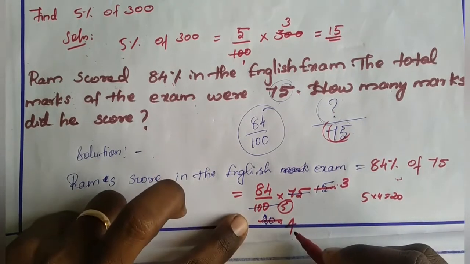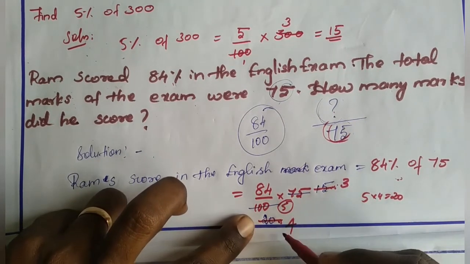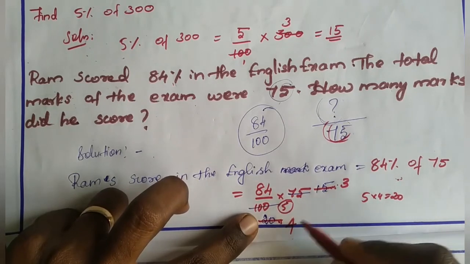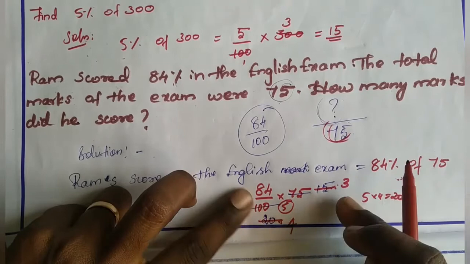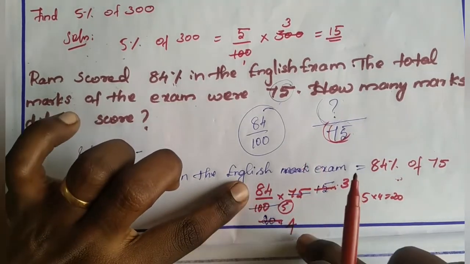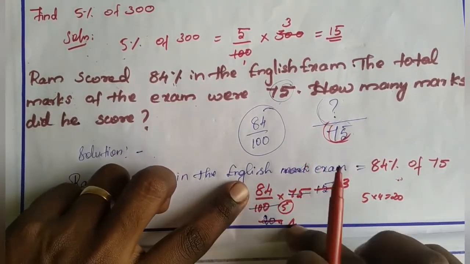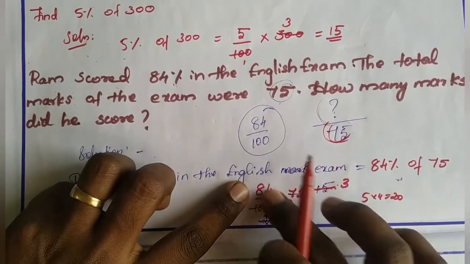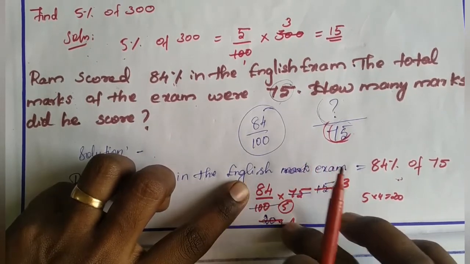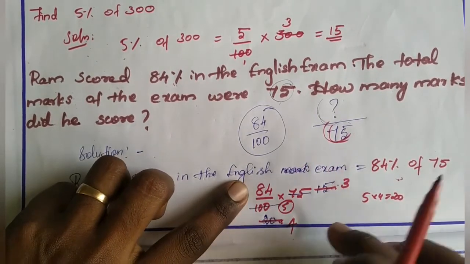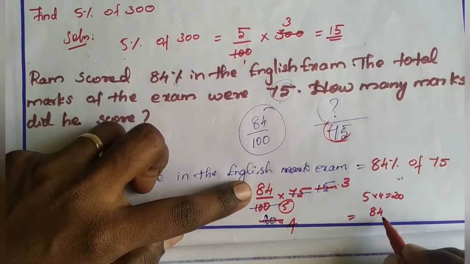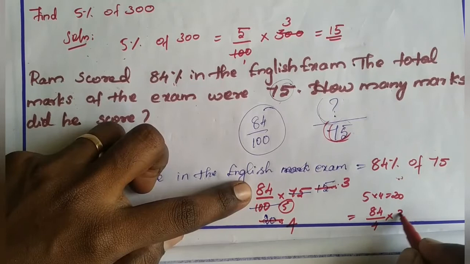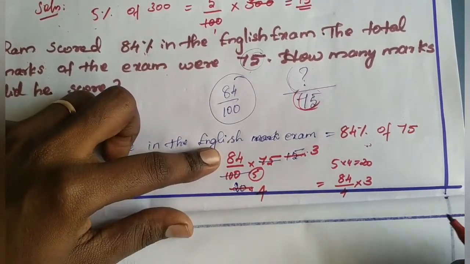Okay, is it clear? Here 4, here 3. Now we can't move further. 4 and 3 are from different tables, so we can't move further. Next, move on to this 84 and 4. Why? Because they both are even numbers. Let's check whether we can cut in a single table or not. 84 by 4 into 3 is our next set of numbers.